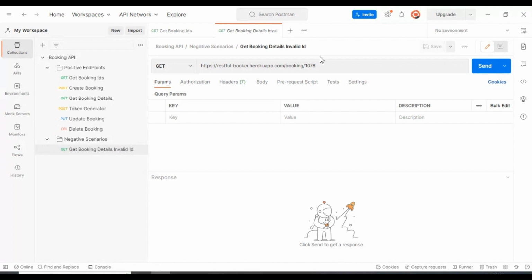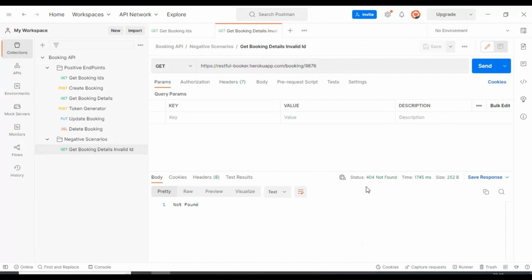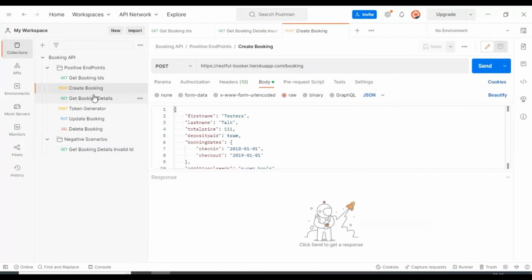So here I will pass any number, some random number. Then I will send it. If you look here, we are getting the 404 error with not found. So this is one of the negative scenarios using the GET request. So similarly we will use the POST request. Then I will